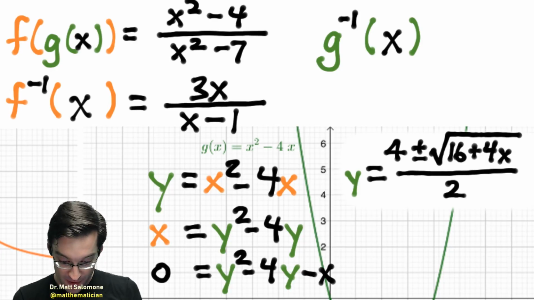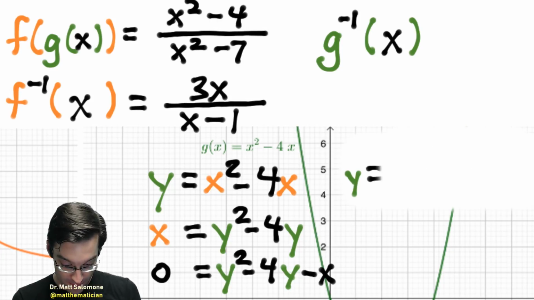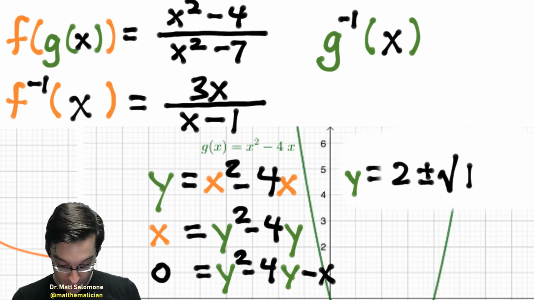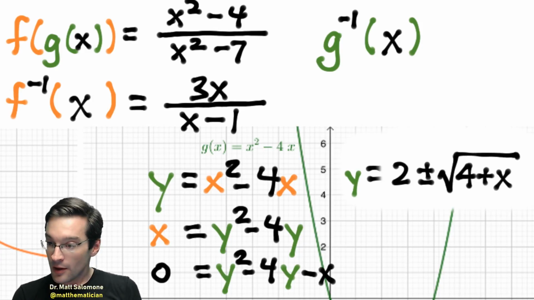Just to simplify this a little bit, we can factor a 4 out of that radical. So I'm going to get 2 plus or minus the square root of 4 plus x. So there is an equation for the relation of x and y that is the inverse of my g function,